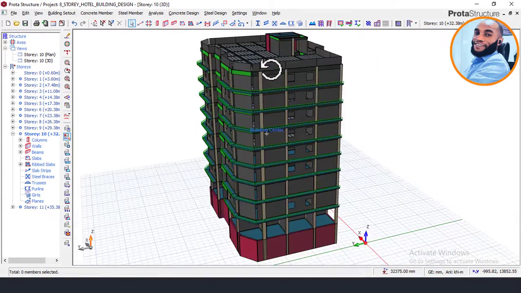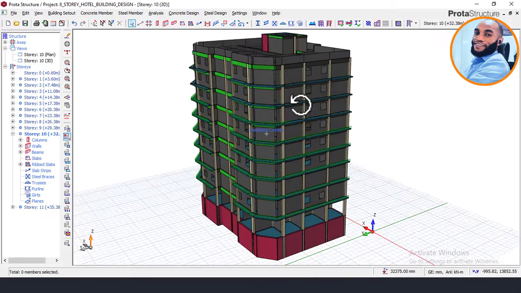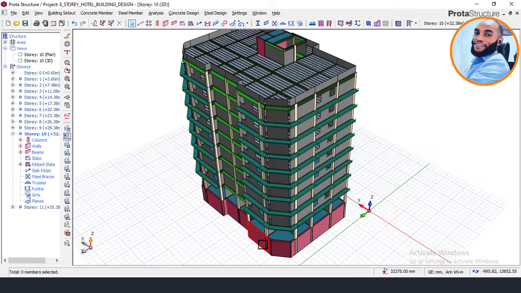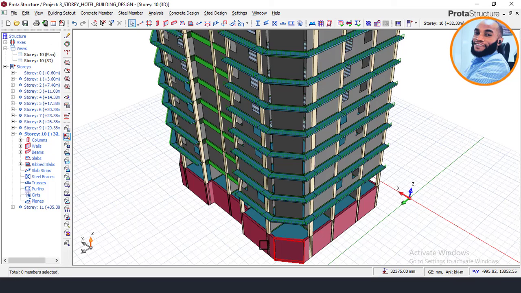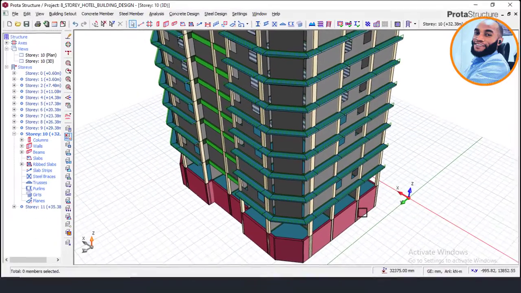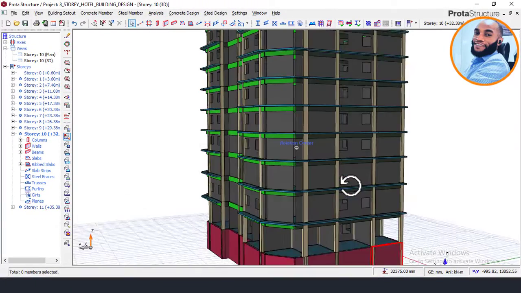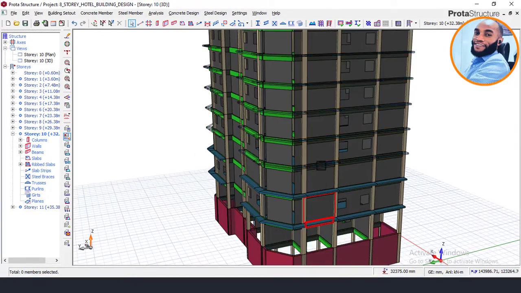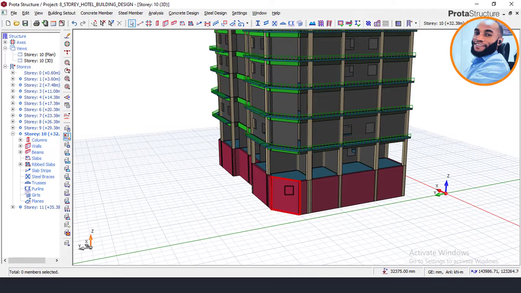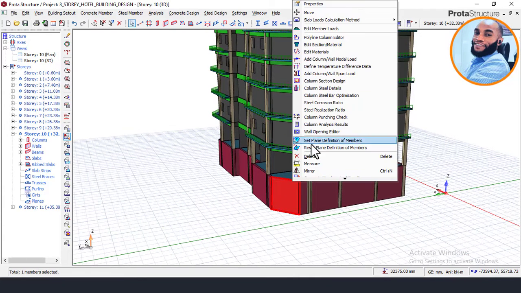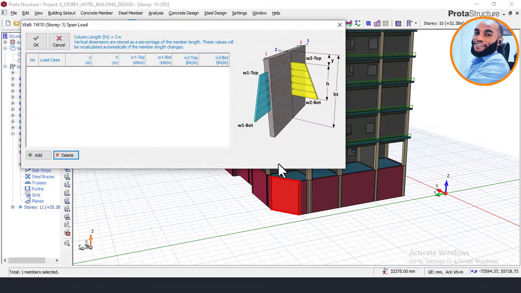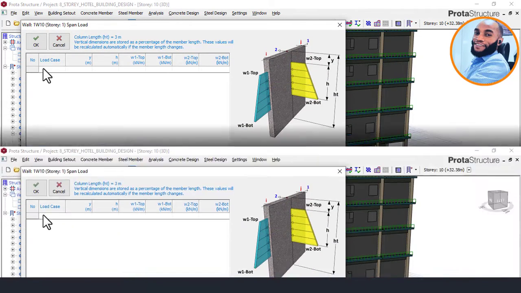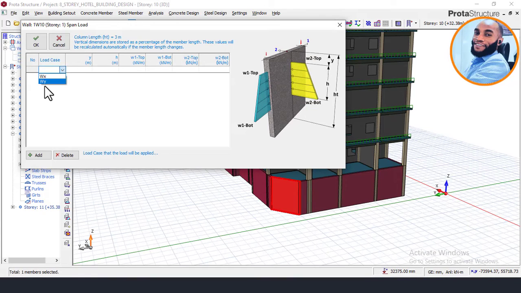Okay, so right now you can see how we have applied the surcharge load on this basement wall, which is on this section and also on this section. So I will apply that right now on all the other ones here. I will come again, right click here, and say add column to wall span load, then add, click on this place, and choose my load case to be